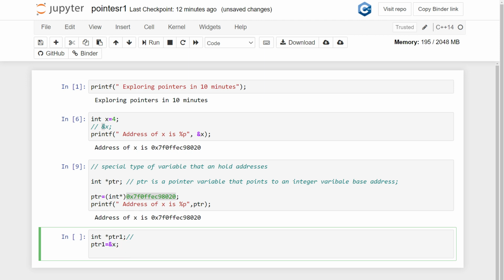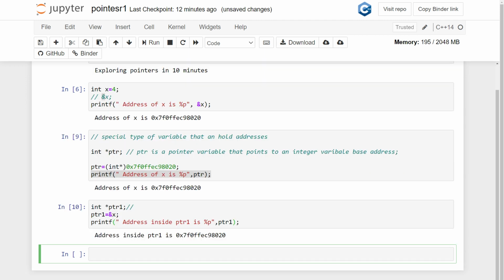So let me print this value, the address inside PTR1, that is PTR1. Let me run it. You can see that this is the address inside PTR1. So this is the simple concept of the pointer.